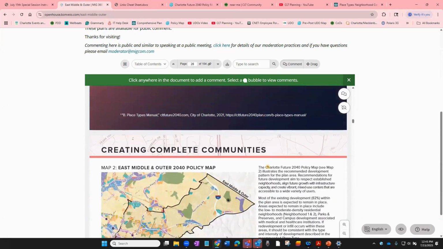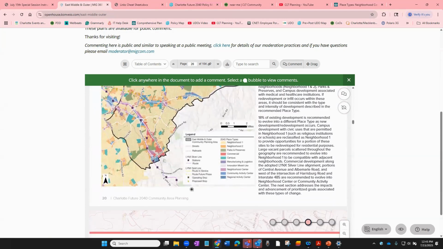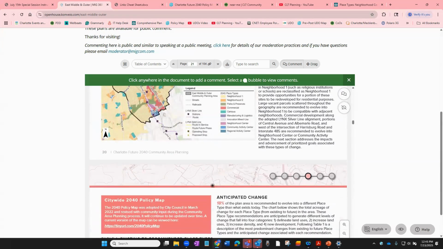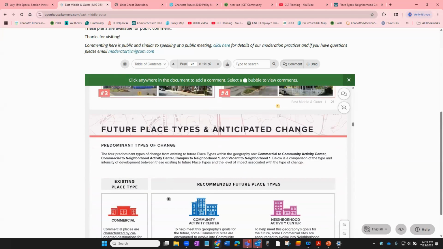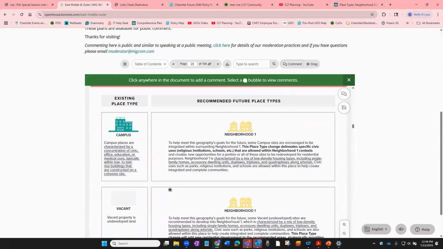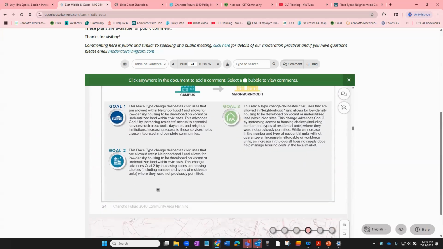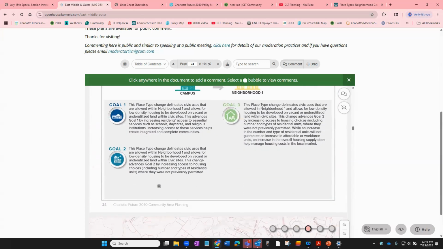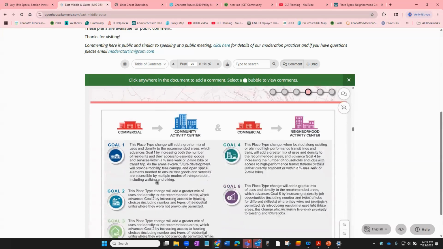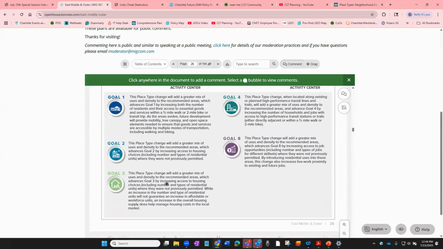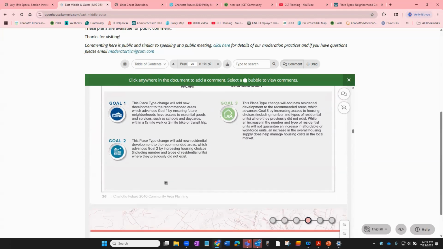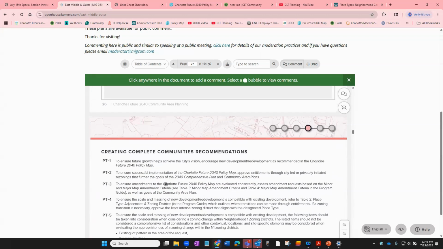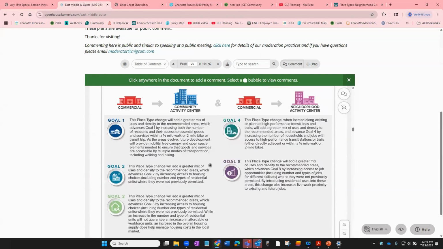So as I'm scrolling, for the sake of time, all of our place types have built-in mobility aspirations. And we also have the strategic mobility plan that is trying to ensure pedestrian access: sidewalks, bike facilities, intersection improvements that also include signals, pedestrian hybrid beacons, things of that nature, to ensure that we are addressing those mobility needs. Now, in the plan,